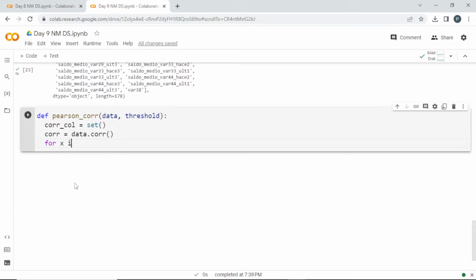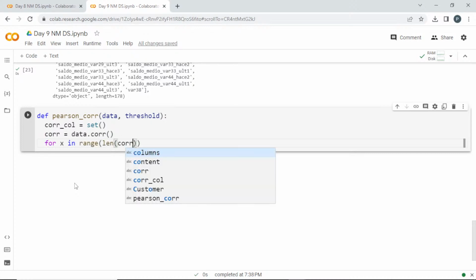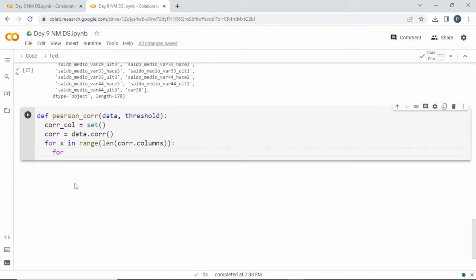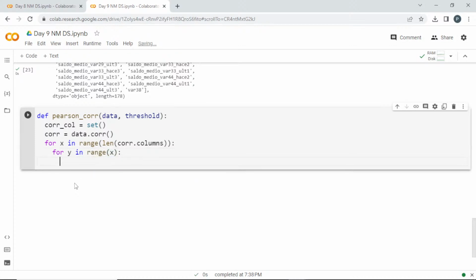For x in range, length of the correlation dot columns. With this, I'm going to create a nested loop, for y in range of x. Now, if the absolute value, I'm going to convert everything into positive values, I'm going to take one by one, correlation dot iloc, using locate 0. I mean x comma y is going to get you one by one. If this absolute value is greater than the threshold,